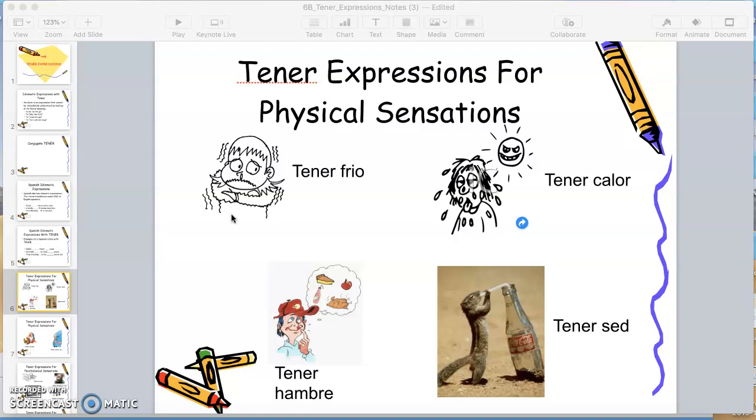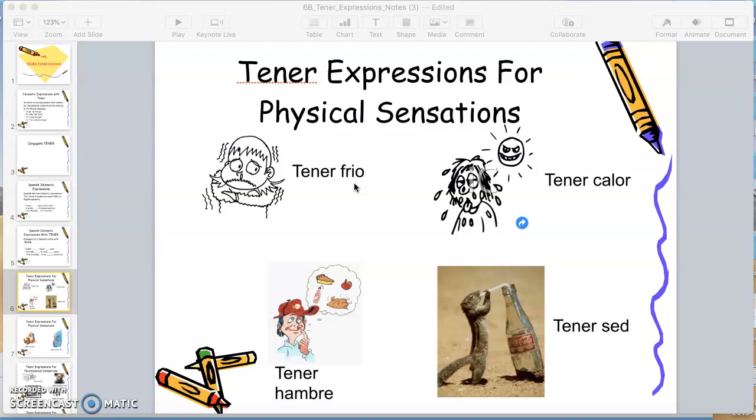Okay, so any type of, I can use that expression in a question. I can use it in a statement. I can use it as a response to a question. And I can use it as a description. Okay? But what I cannot do is I cannot break apart the expression itself. So these two words have to be together. Now, what I can do is add a little tiny word in between tener and frío, and that's muy,